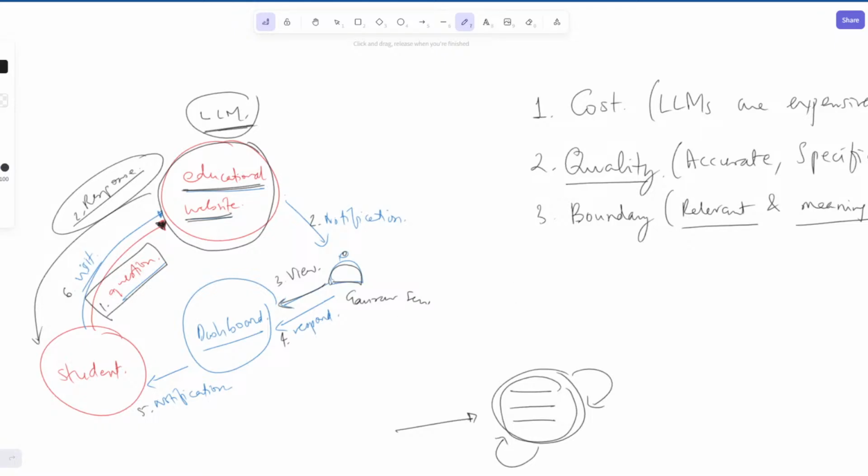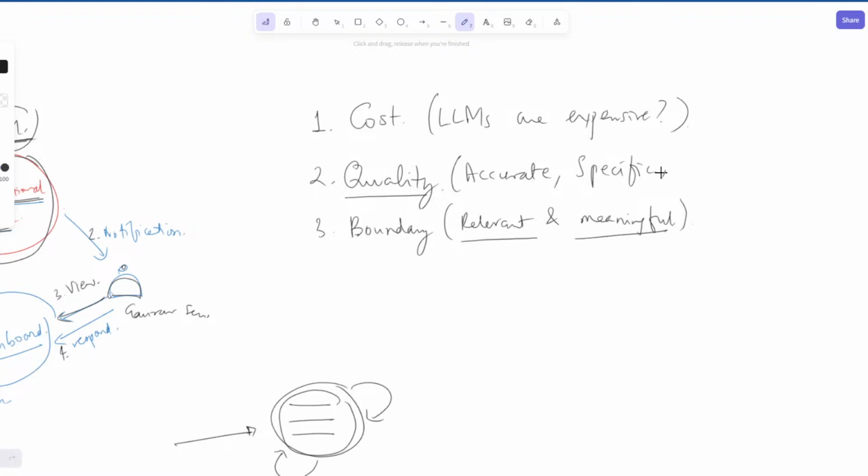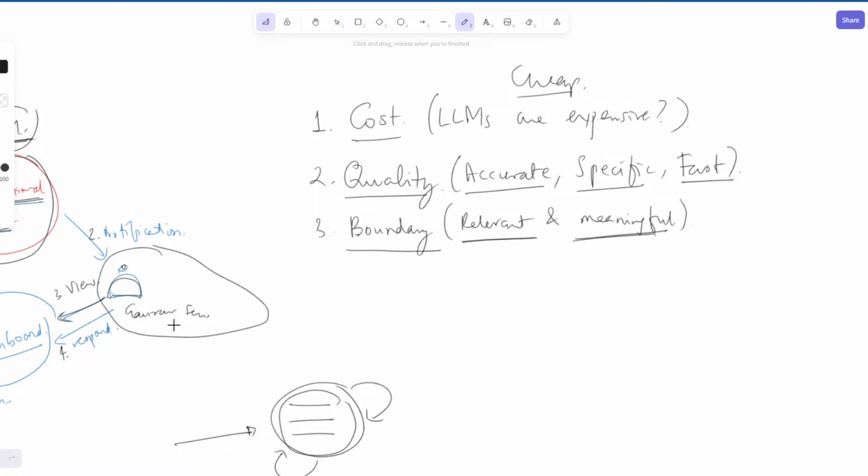And something that GoPro is mentioning, but what you're looking for is fast answers. Not too long. It doesn't take 3 minutes to come up with a response. It gives you a response in a matter of seconds. It is very specific to the question that has been asked because it's a doubt, and it is accurate. It doesn't hallucinate. It doesn't get things wrong. It is relevant, meaningful. You have set the boundary, set the context, and it is cheap. It's actually extremely cheap as compared to a human being doing this. And another point is it is really scalable.